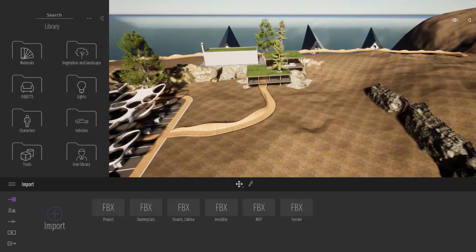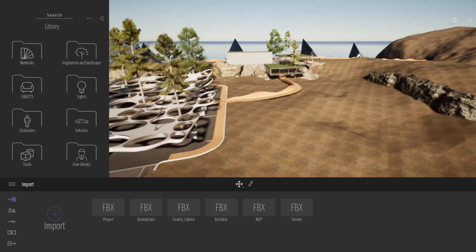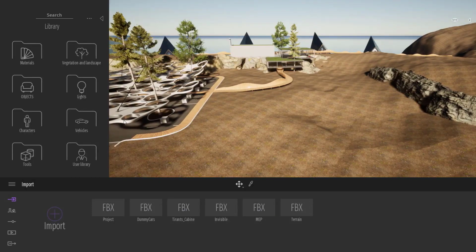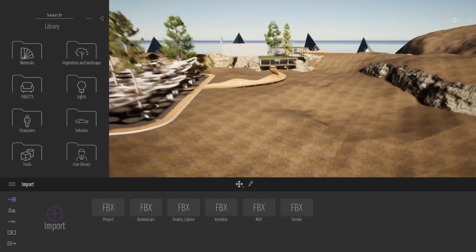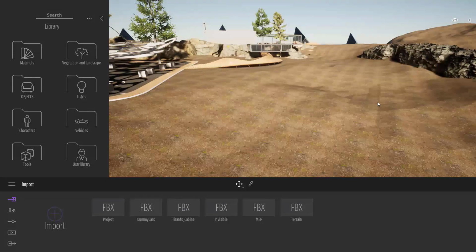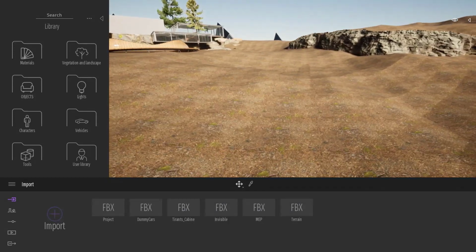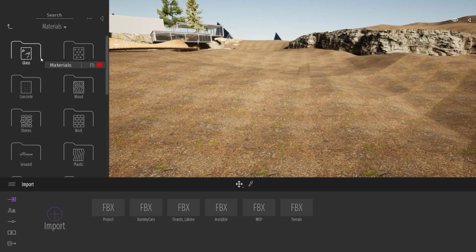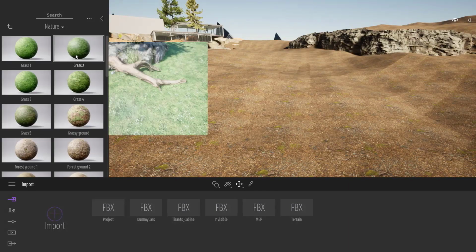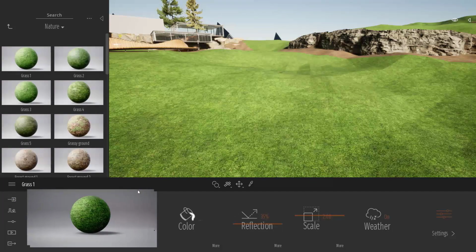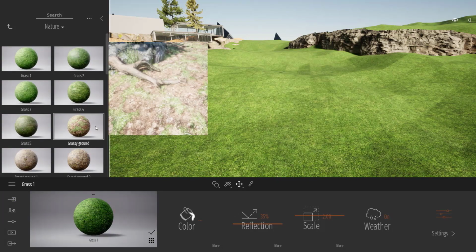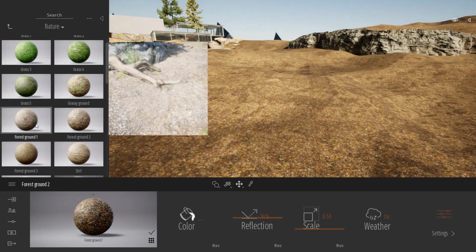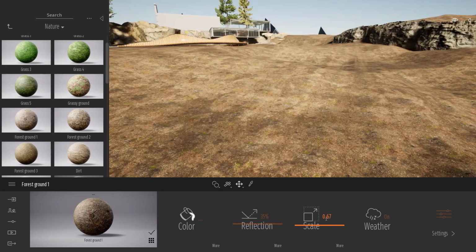So first of all, let's talk about the Twinmotion user interface. It consists of three major panels. The first one is the library. It's native to Twinmotion and it contains thousands of objects and materials. If I want to add a material, for example, to the terrain, I will come to the material folder, ground, nature, and it's just a basic drag and drop from the library to the viewport. You can change that really quickly.